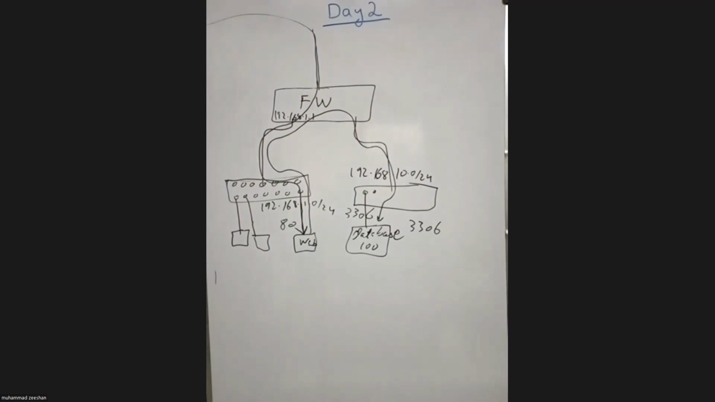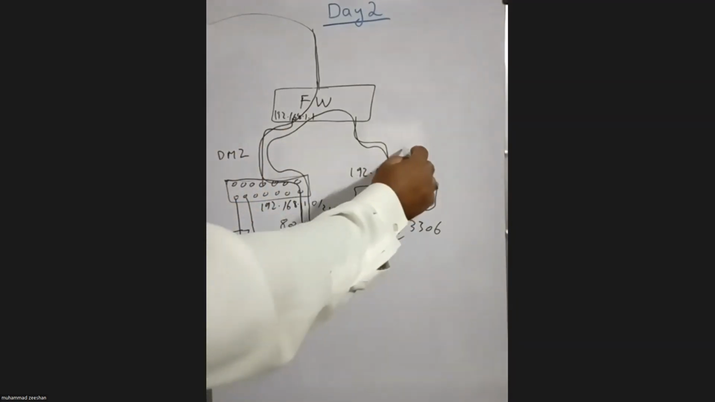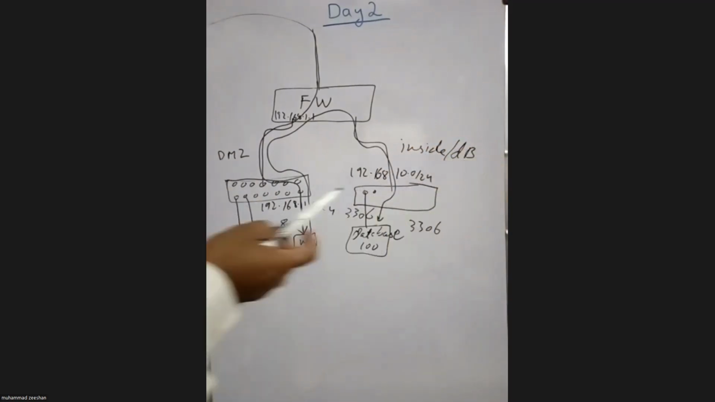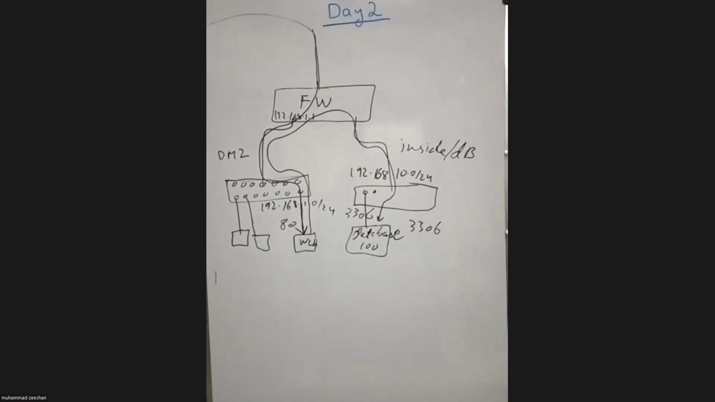This is called zoning. We divide the firewall into zones. There can be any number of zones depending on your firewall. This zone, we can declare it anything, demilitarized zone. We can say it inside or DB zone or whatever you want to name it. So we tell the firewall the policy that